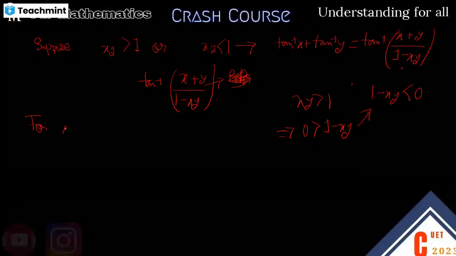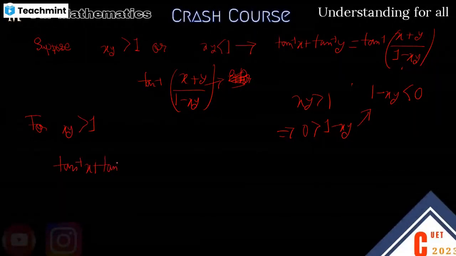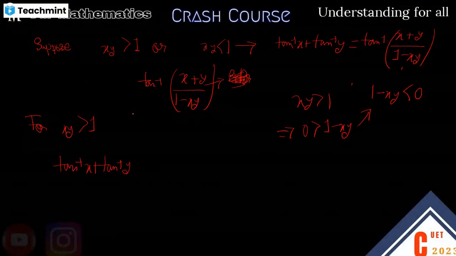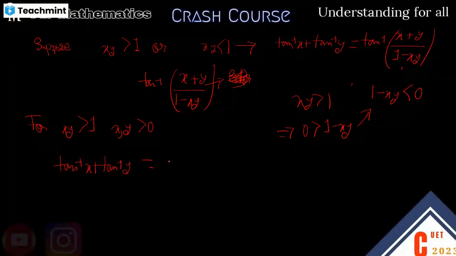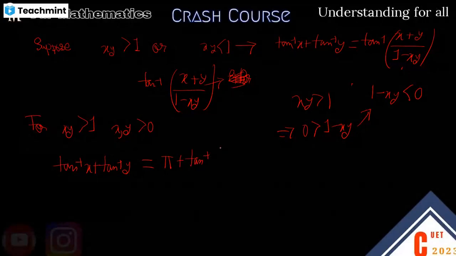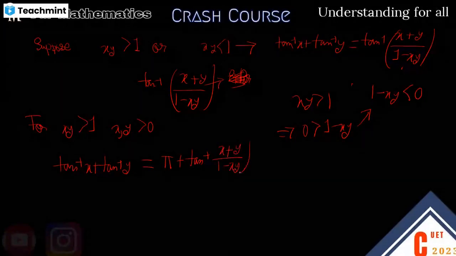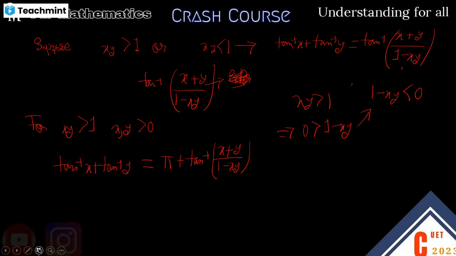We write tan inverse x plus tan inverse y. For x comma y greater than 0, we write pi plus tan inverse x plus y divided by 1 minus xy. Let us take an example to clear this thing, right? তাহলে আমার ফর্মুলাটা ভালকে লিখি দিম এবার।